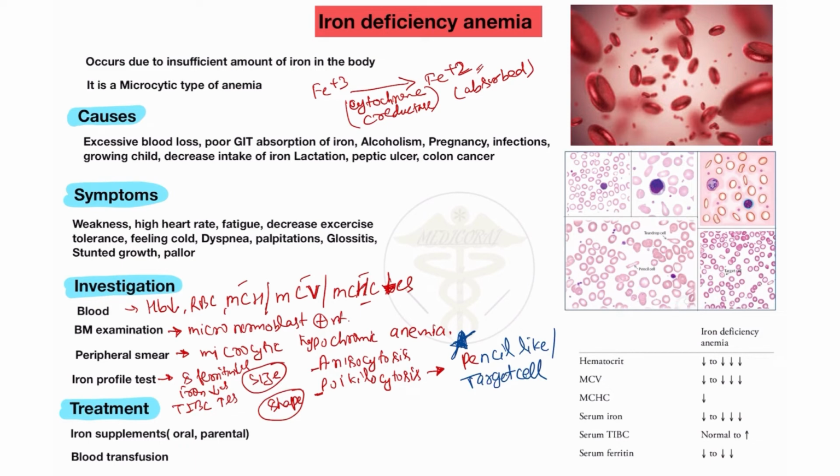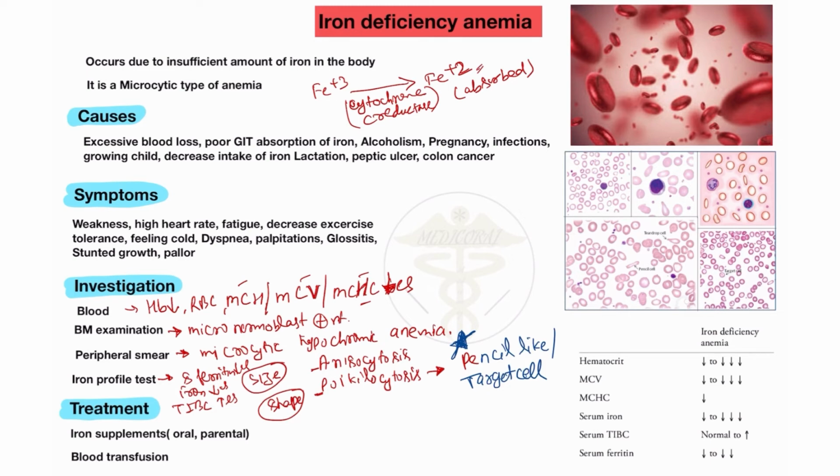What is the treatment? For the treatment, always provide iron supplement tablets in oral form or parenteral form. Mostly the oral form is used; when the patient is not able to take the oral form, then we will also give the parenteral form of treatment. And also blood transfusion when there is very little blood, because I already discussed excessive blood loss like any accident or any injury, so we will also provide blood transfusion for the patient's recovery.